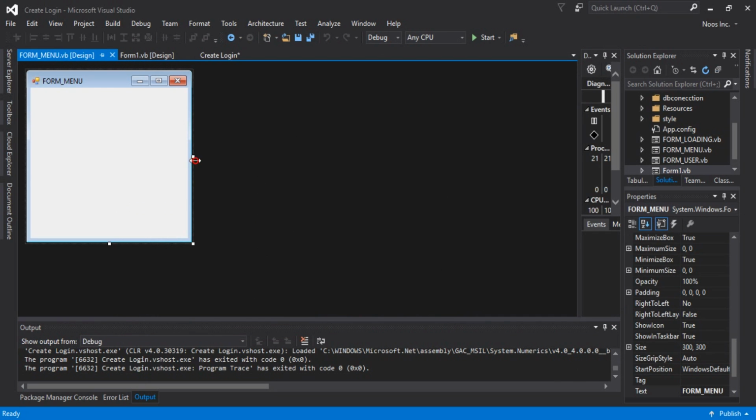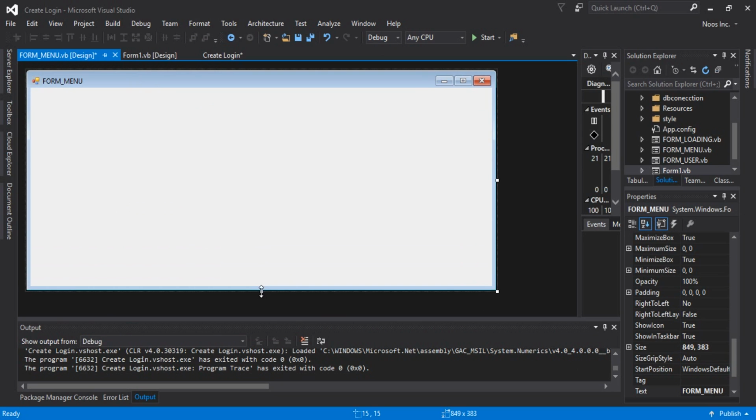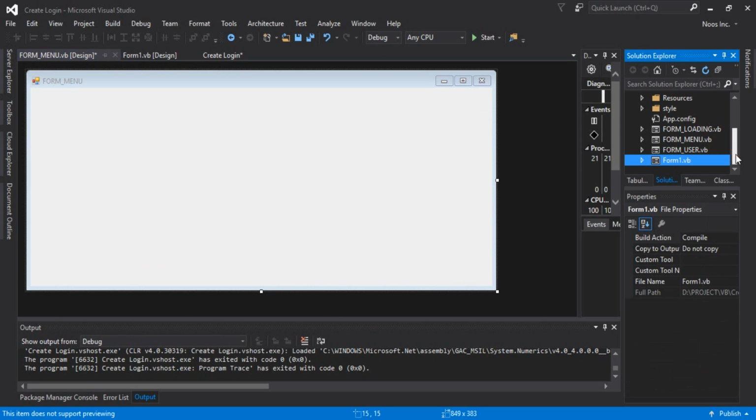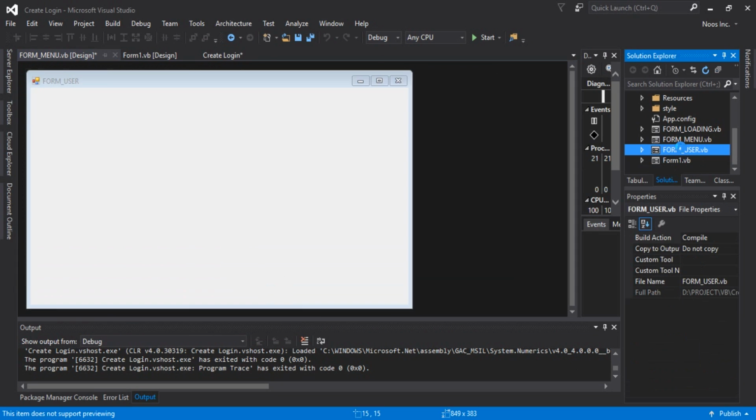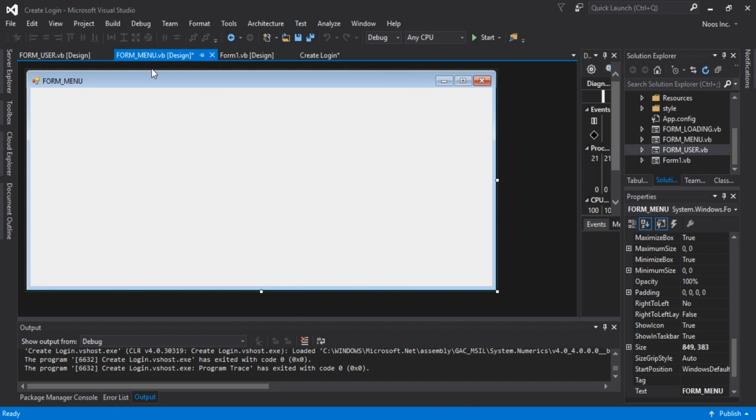Okay, because we already have form user, then the illustration is that after we login, we don't go directly to form user but are brought to form menu here. If you are still confused, you can download this project in